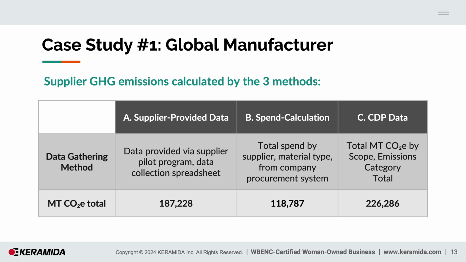Then the second was spend-based, so what we just reviewed in the last few slides, going through the process of mapping the NAICS codes and by procurement category, by material type. And then the third assessment to compare against was using the CDP data that the supplier had reported publicly in that previous reporting period. So as you can see, there's high variance in the numbers from each of the results,